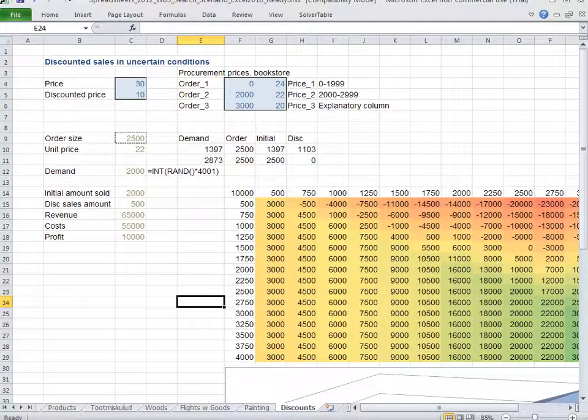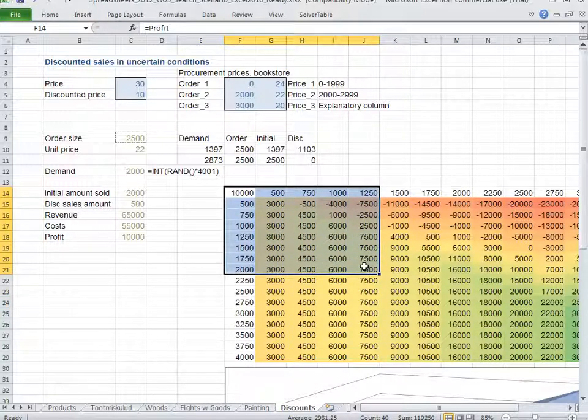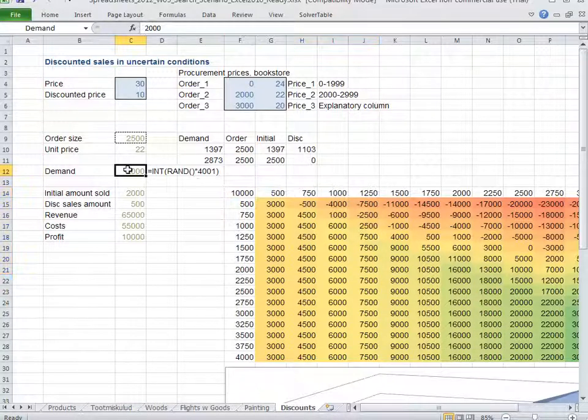And now, even more untraditional scenario analysis, or even more difficult scenario analysis. Remember that initially we played around together with demand and order size, but initially we wrote for demand a random number. It went like this: equals rand parenthesis, and this gave us a number that was between 0 and 0.999. When we multiplied with 4001, then the demand is going to be between 0 and